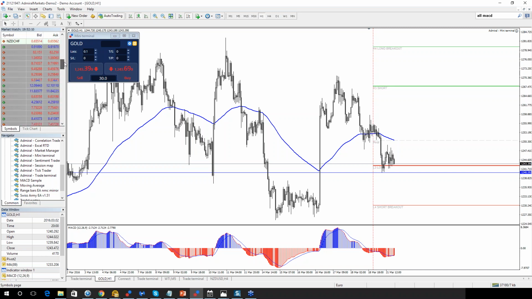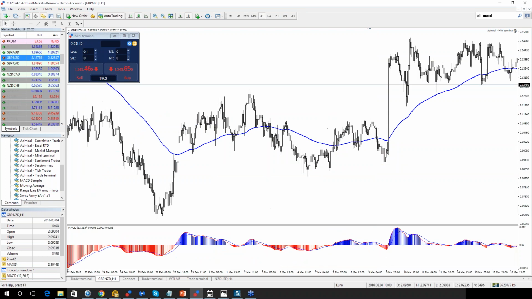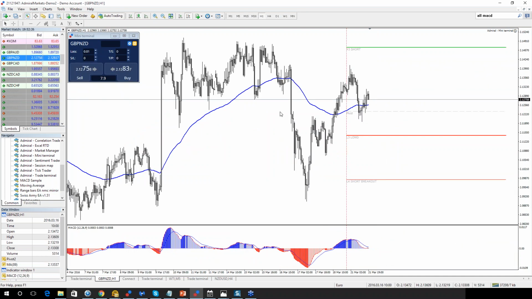Pound New Zealand. Okay, Pound New Zealand, DAX, and Swiss yen. Pound New Zealand looks bullish. Also, V-shaped reversal, possibly a leaned, inverted head and shoulders here. So this could go up. This looks bullish. Okay.